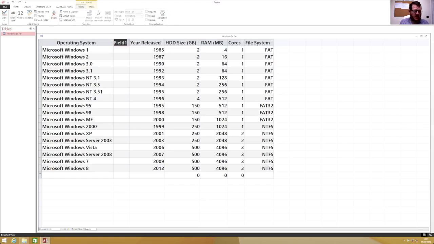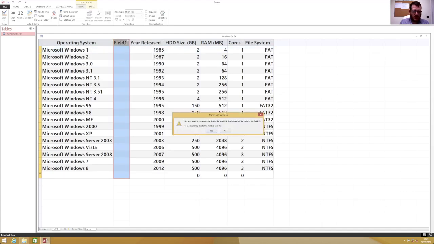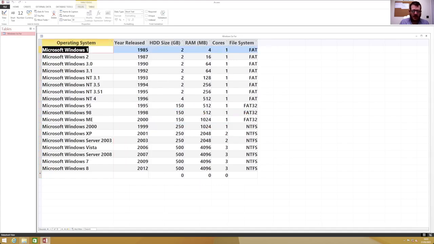Let me get rid of that field. I'll stick it here. And then we'll call that